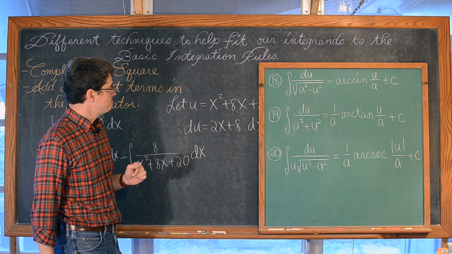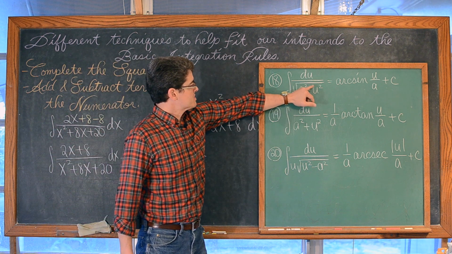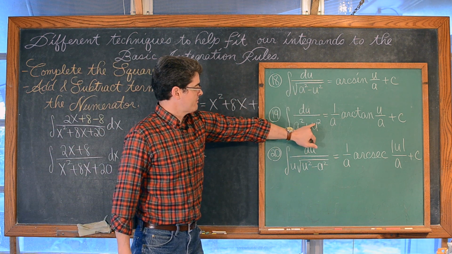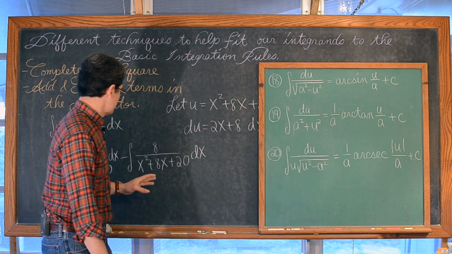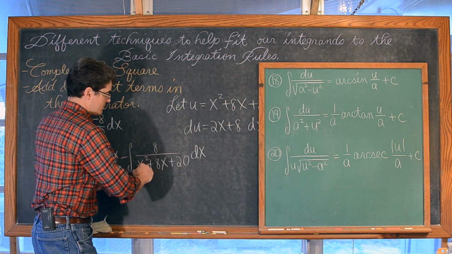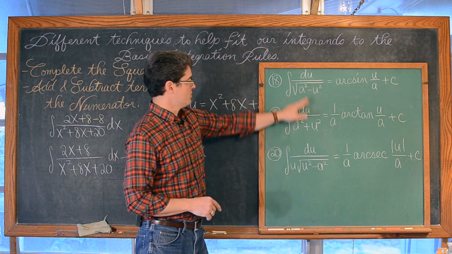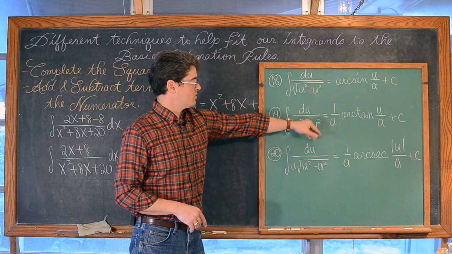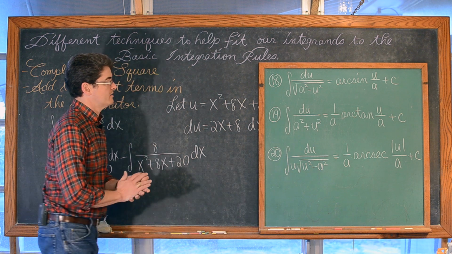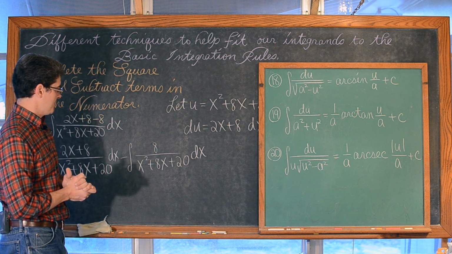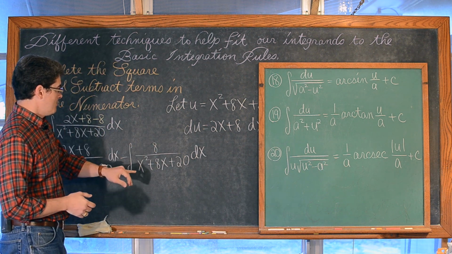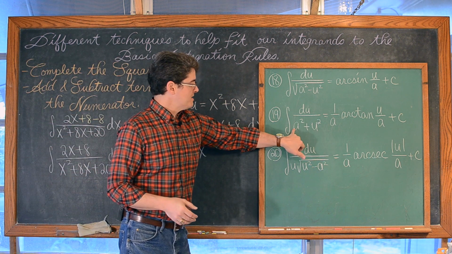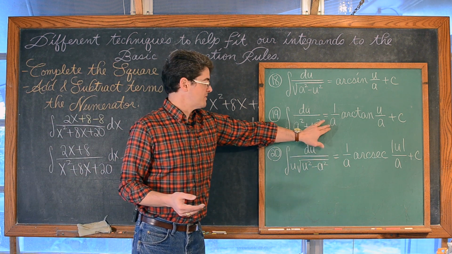But du, some kind of derivative of a function. Okay, so it seems like I've got no radical in the denominator, so that rules these out. I think we might be setting up for using this integration rule and having an answer of 1 over a arctan, or inverse tan, of u over a, plus c. Because the a is a constant, the u is your function, and it's something being squared.